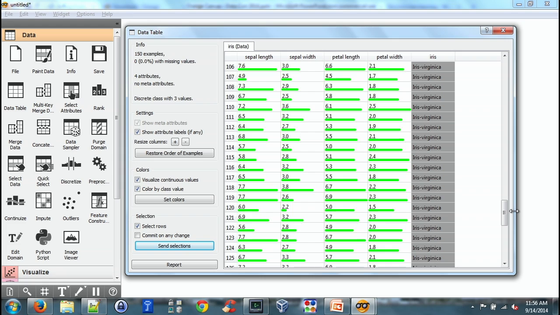The question was, where did the data come from? Orange Canvas comes with a standard number of data sets. These are classic data sets that are also available in packages such as R. So I just checked off one of the existing data sets. How did you make the connection between the file